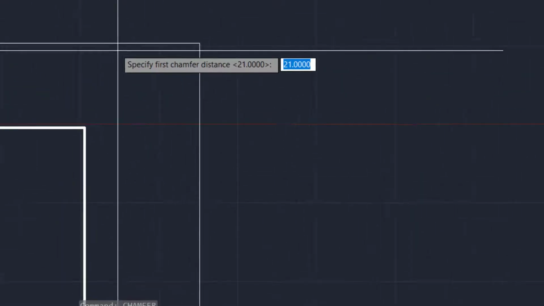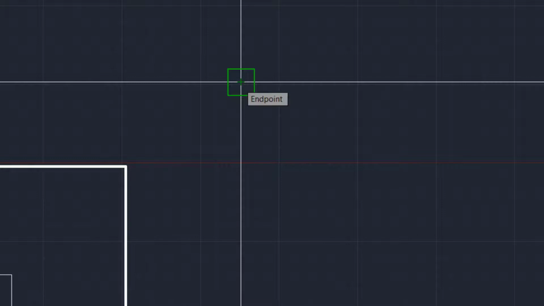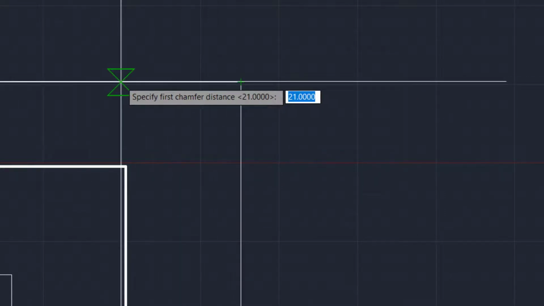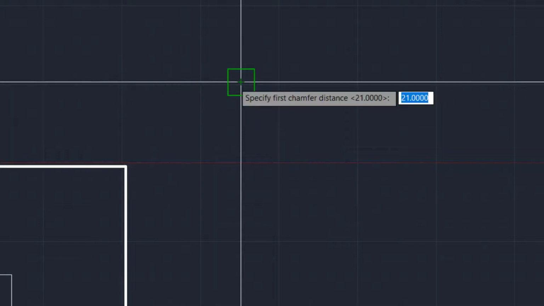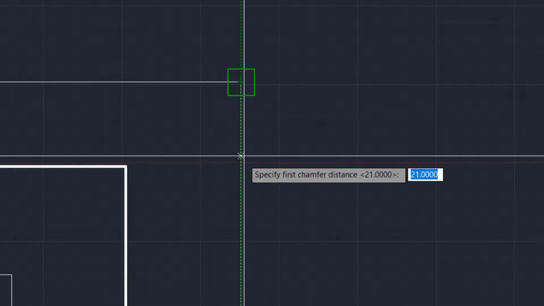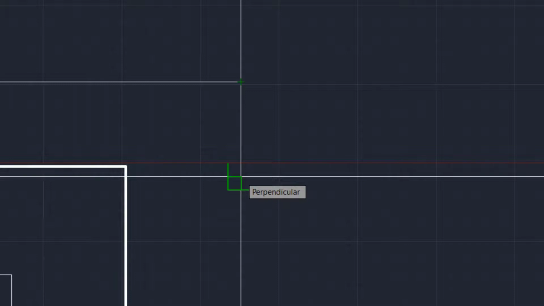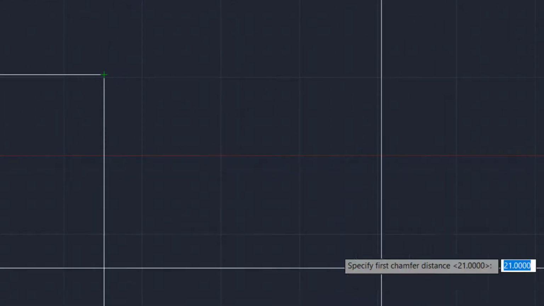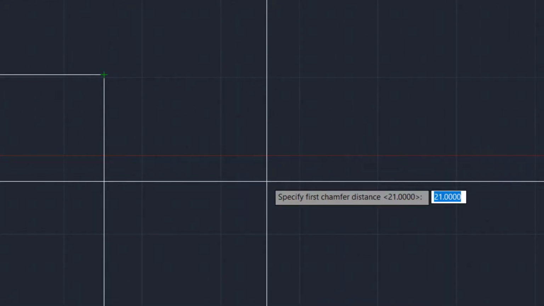The chamfer distances are going to be the distance from the end point where they meet to where the chamfering is going to start from. So the distance from this end point to where the chamfering is starting from is going to be the chamfer distance 1. Then the distance from here to the other chamfering start point is going to be the chamfer distance 2. So let's specify a certain distance. Let's take a distance of 500